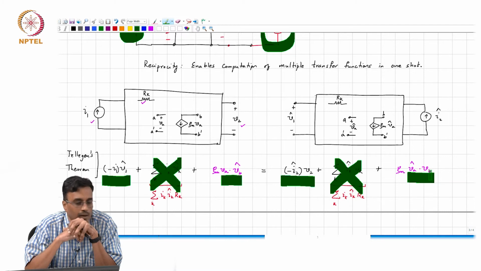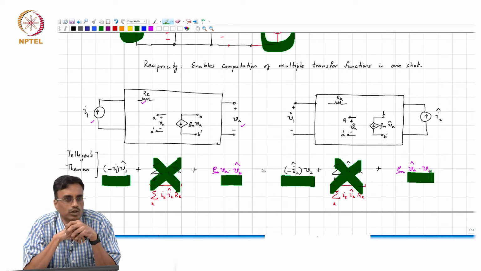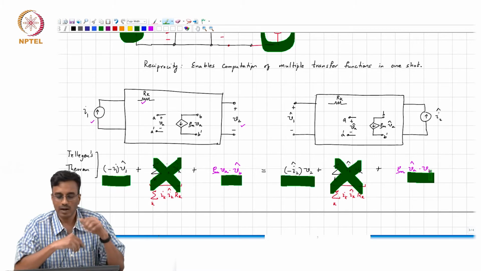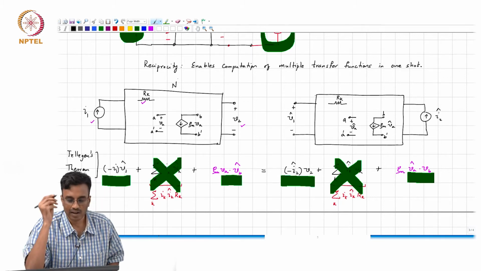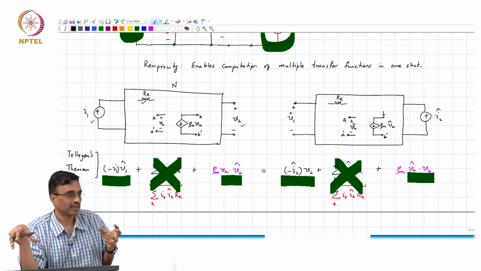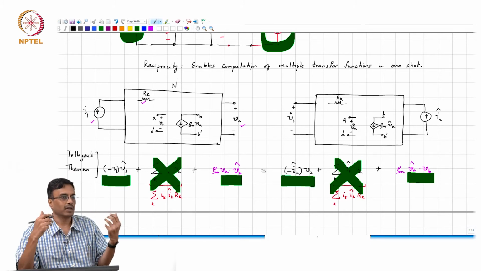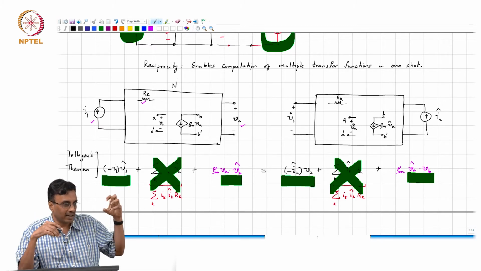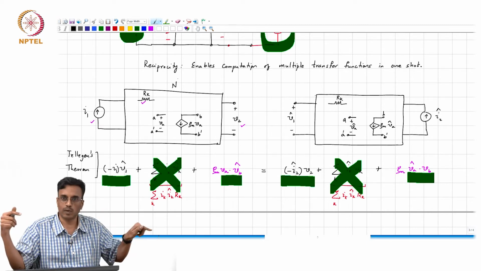All right. Okay. So now the question is, what do we do? We scratch our heads and say, oh well, it almost works except for this extra term, right? Now we think about it a little bit and then say, oh well, it was naive for us to expect that it would work in the first place, correct? Remember, what is reciprocity saying, in English, what does it mean? You have a network, you apply an excitation here, you get some response, you apply the same excitation here, you get back the same response here, right?